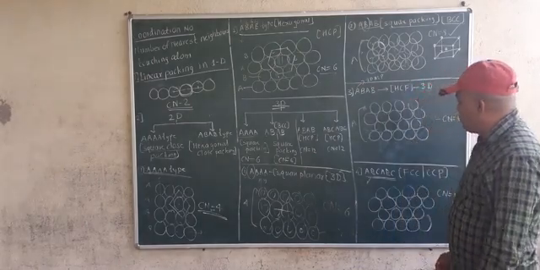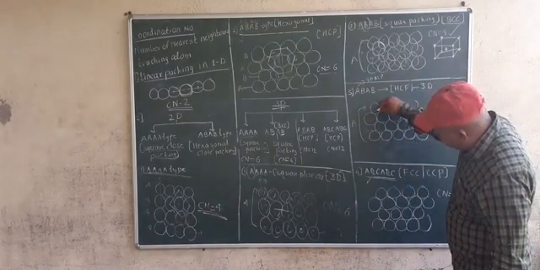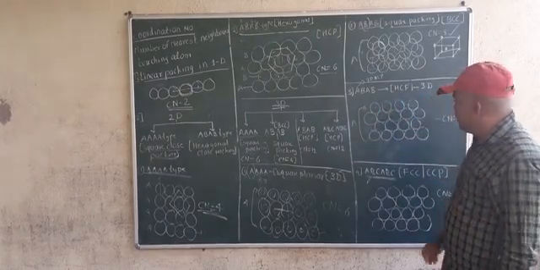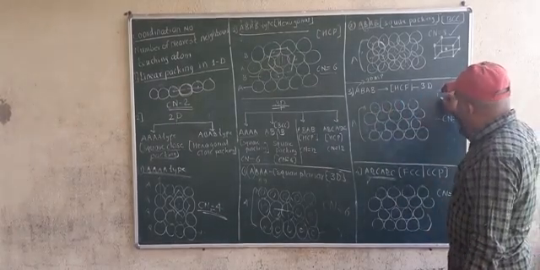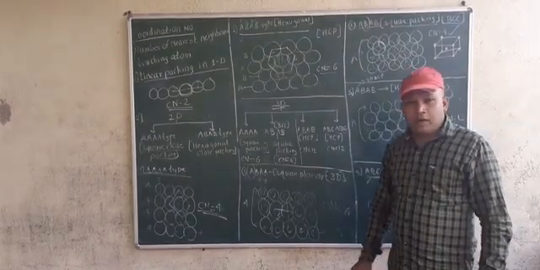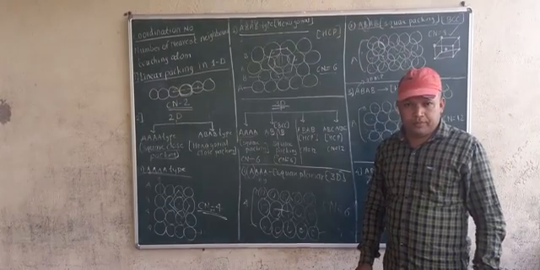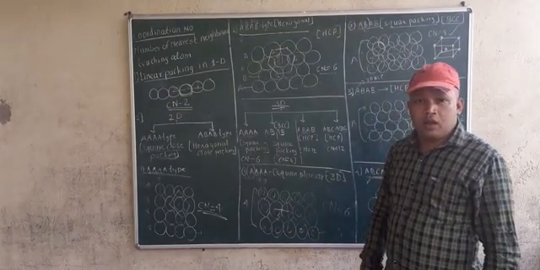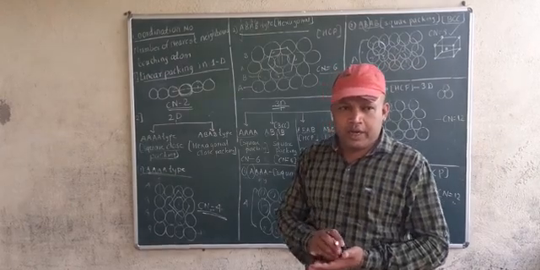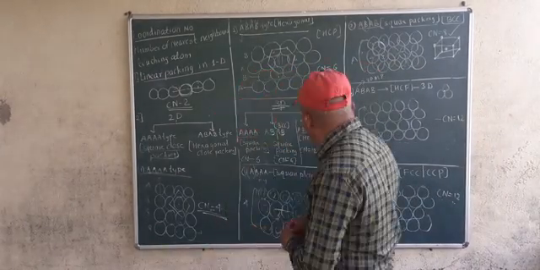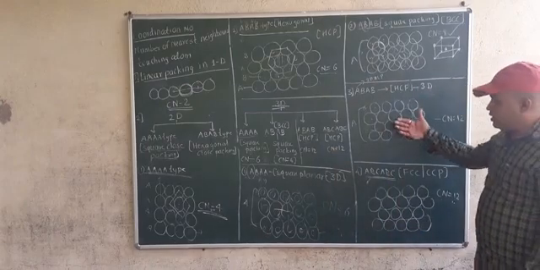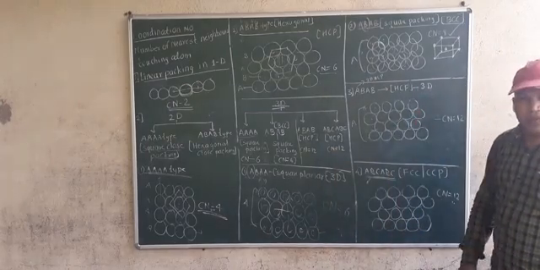Yes. Now you see how many circles are touching? 1, 2, 3. 1, 2, 3. When 3 circles are touching each other, the gap between them is a trigonal void. It is a trigonal void. Means 3 circles are touching, and if a gap is there in that, it is called a trigonal void. But you just imagine this is 3 dimensional. This is 3 dimensional, means many layers like this will be there.